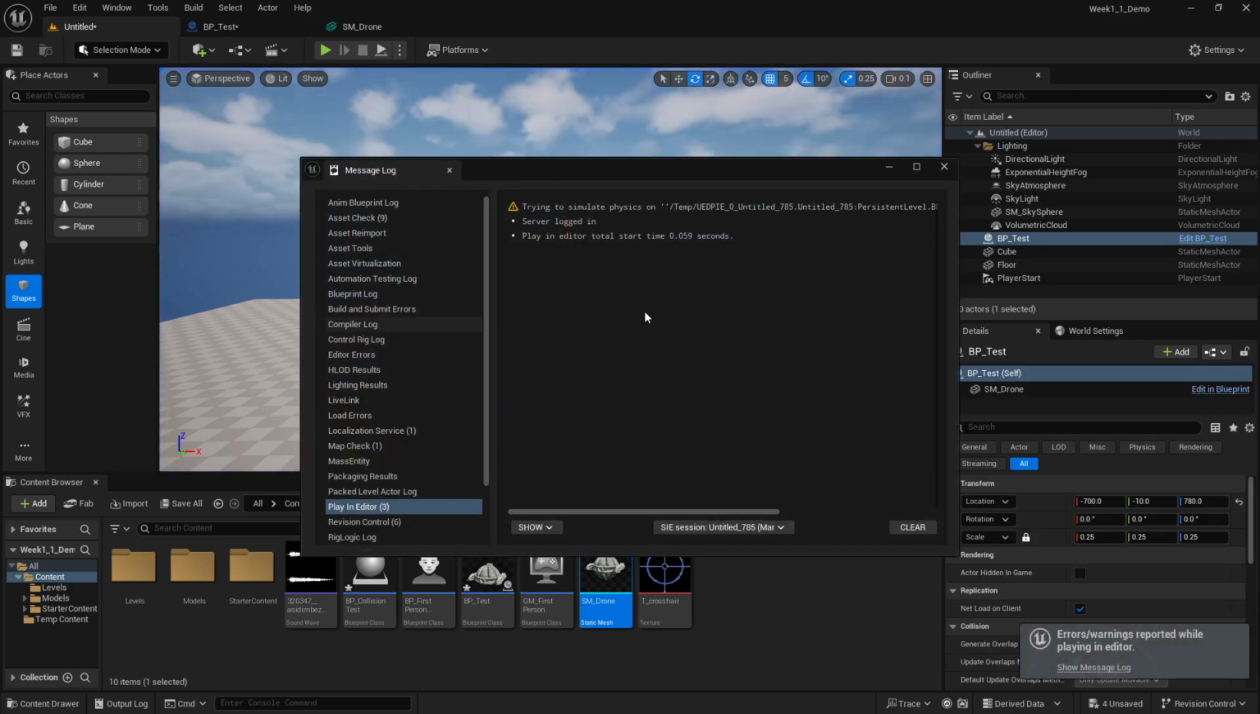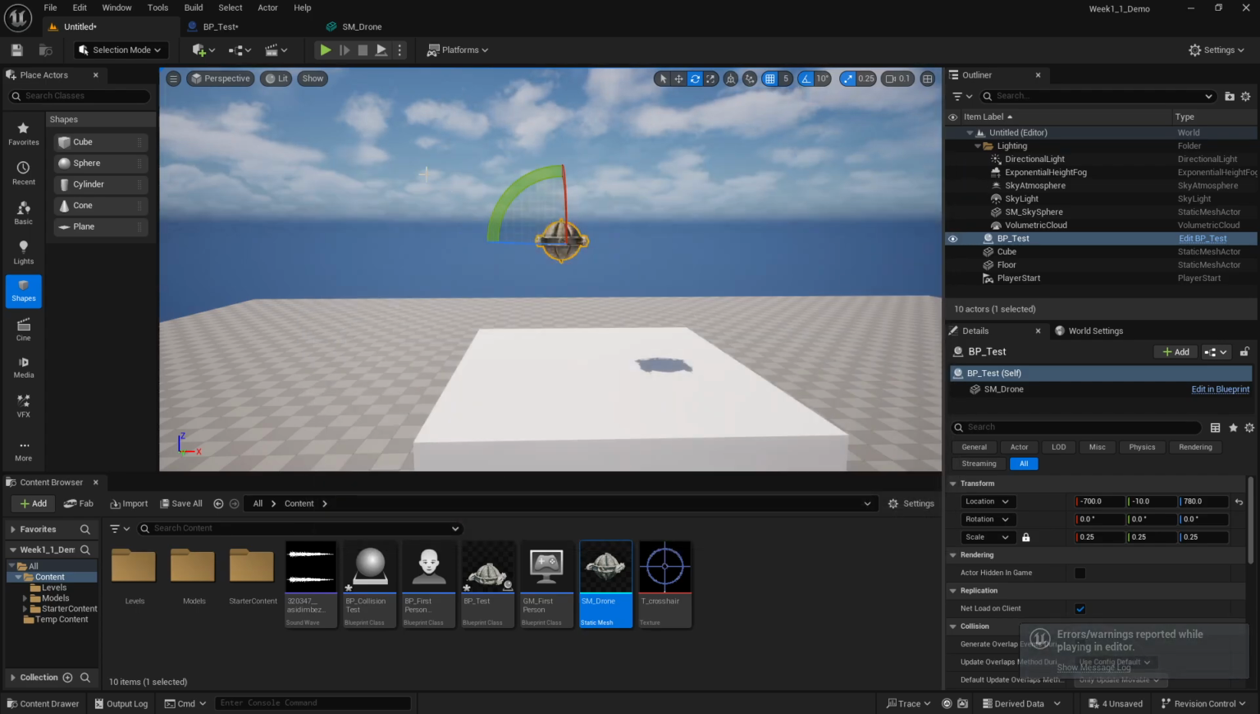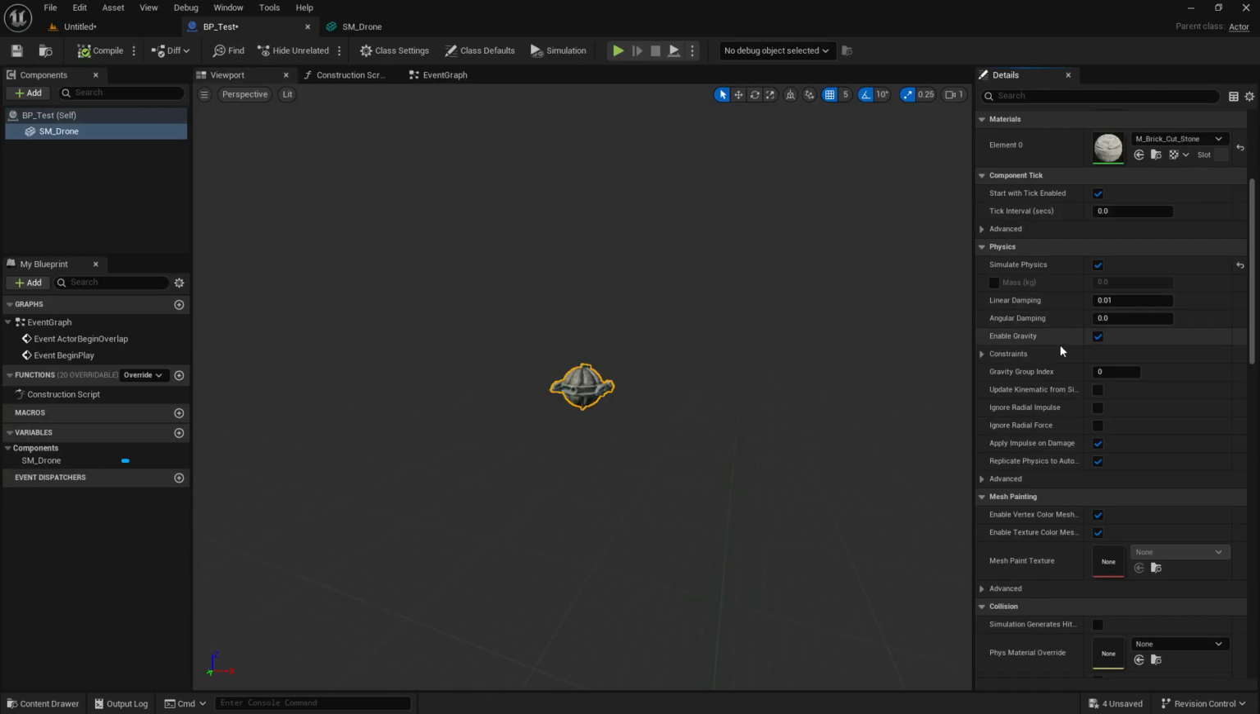And when I hit stop, Unreal yells at me saying we're trying to simulate physics, but whatever asset has complex as simple collisions. So we cannot use complex as simple collisions and simulate physics. But what it's really used for, and we can just turn this physics off and take a quick look,